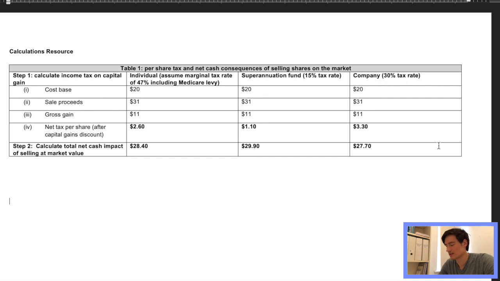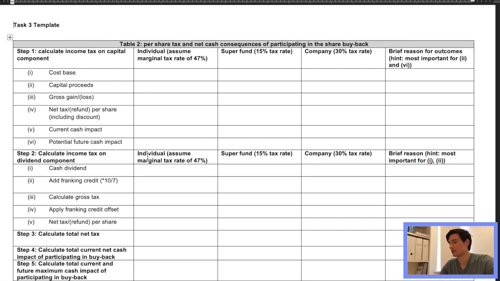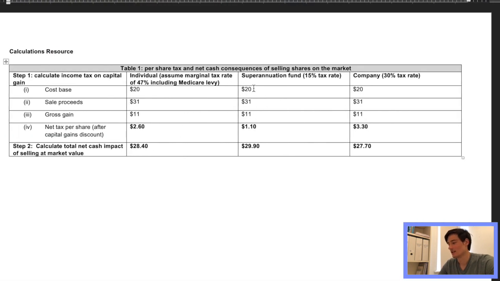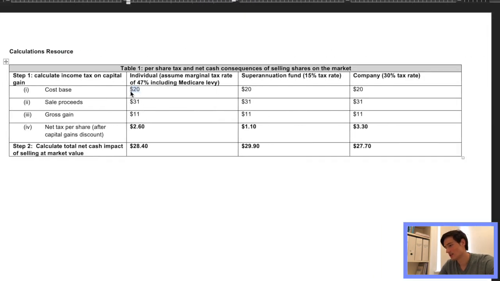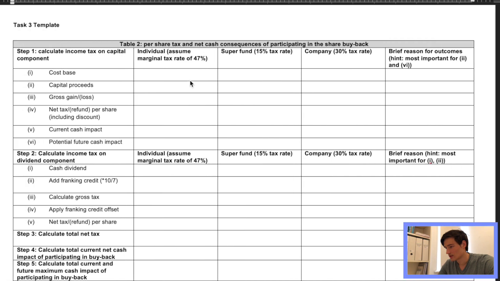So as always, when we start, we get two templates. We get this calculations resource and the actual template. I'm really excited about this internship because we actually get to do some maths and some calculations. Not in an Excel spreadsheet, but it's close enough. So the cost base for this should remain the same. So that's $20 all the way through,